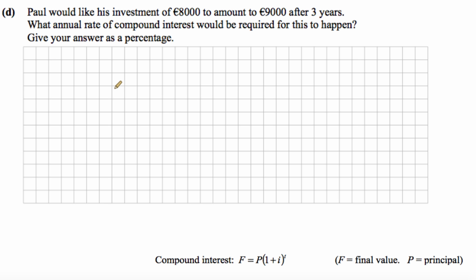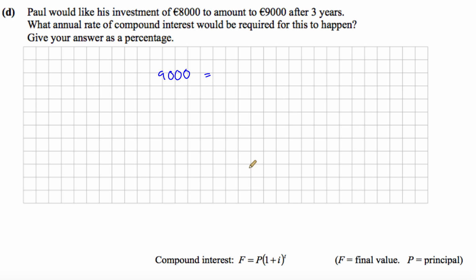Okay, part D. Paul would like his investment of €8,000 to amount to €9,000 after 3 years. What annual rate of compound interest would be required for this to happen? Give your answer as a percentage. Okay, so you can see down here, I've taken this from the tables book. The compound interest, well, the final value is equal to, this was the formula we used earlier, but the final value, which is €9,000,